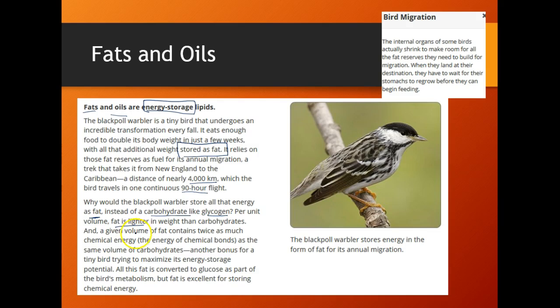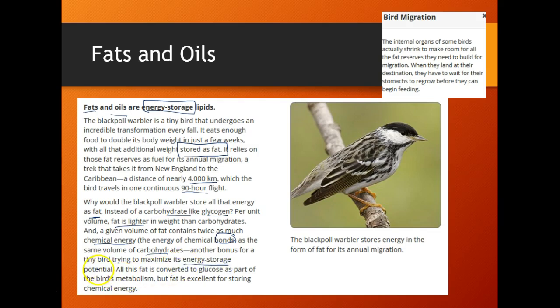And also, in the same amount of volume, fat actually has twice as much chemical energy stored in its bonds as the same volume of carbohydrates. So it makes it a lot more efficient way to store energy. It has more chemical bonds that can be broken down for energy, and it's lighter. So it really maximizes